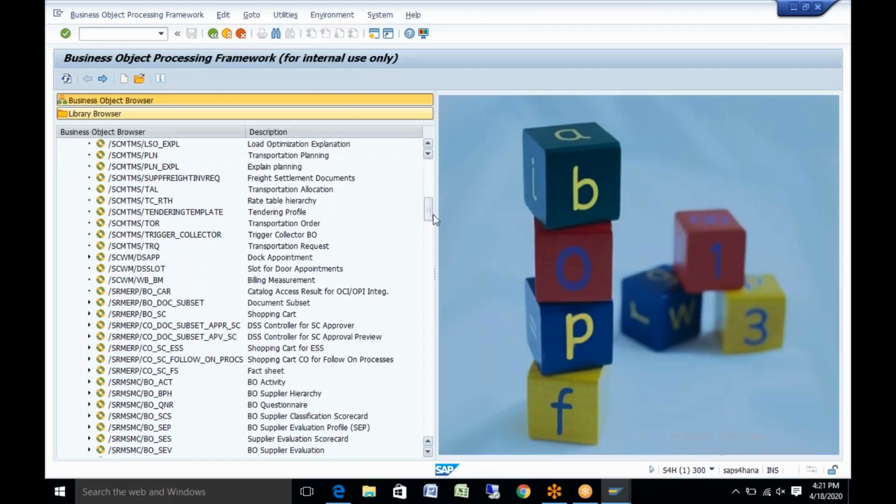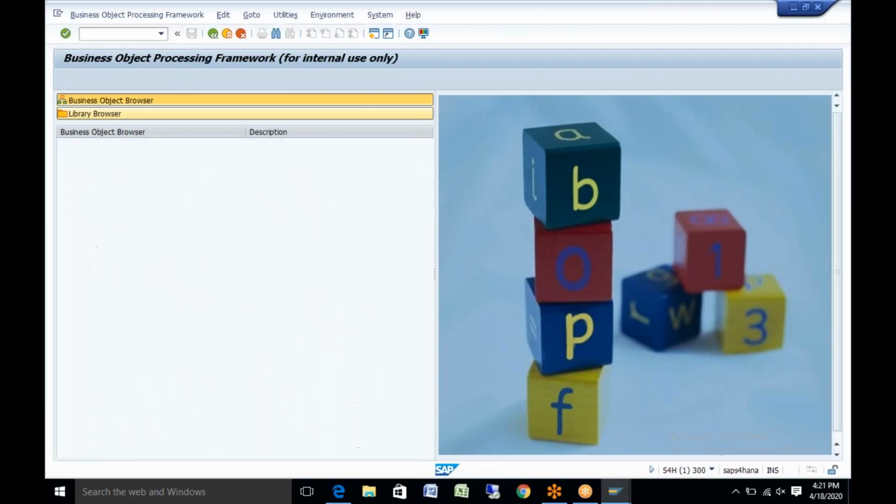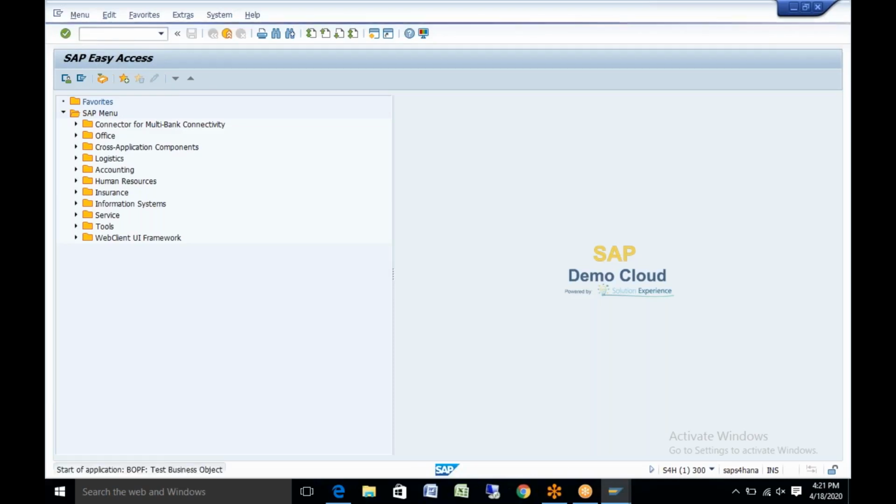Okay. So these are the prime divisions. So this is one transaction code I showed you. Now there is one more transaction code, BOPF. So CONF is for modeling. But if you want to test a particular freight order, TEST is that transaction code. Okay. If you go to the TEST transaction code,